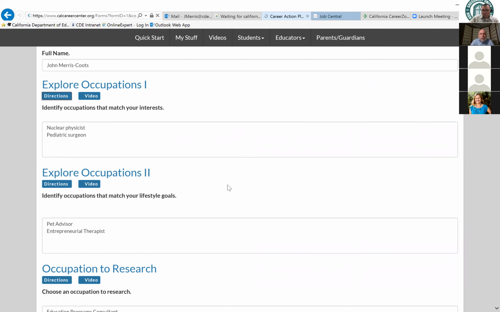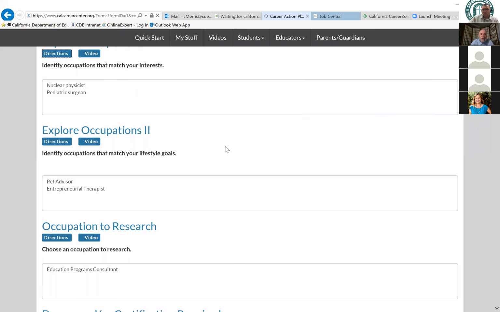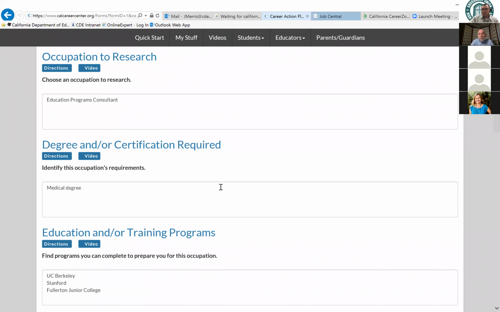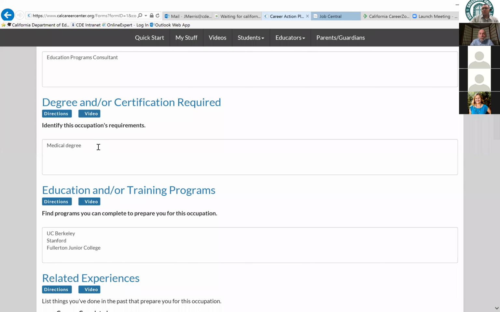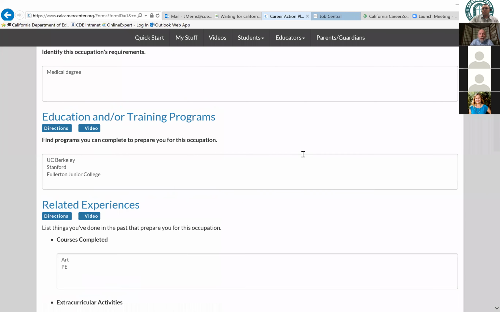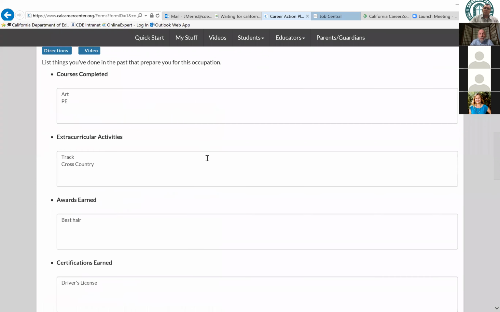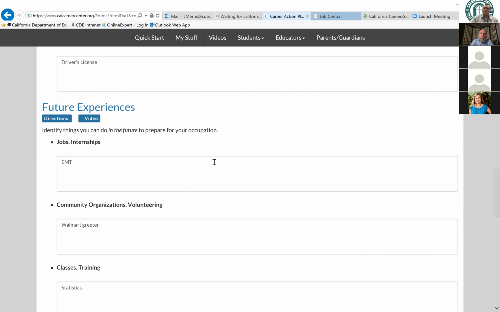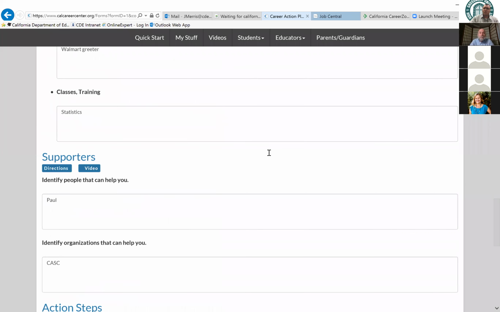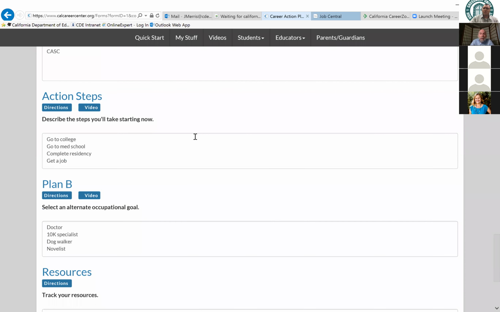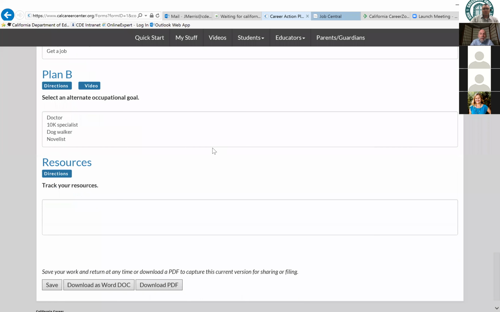And we have them look at a budget that matches their lifestyle thinking, choose an occupation to research, look at what the requirements are for entering that occupation. We actually make use of the Occupational Outlook Handbook. Then where can they get education and training requirements, thinking about related experiences they've had, experiences they can still have, who can support them in implementing this plan, steps they can take to get started, plan B, and then resources